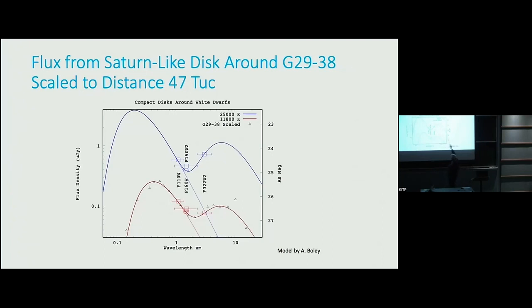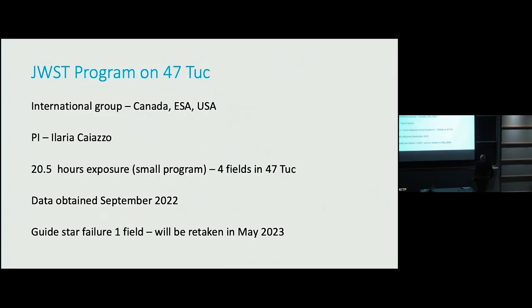And for a similar white dwarf of temperature 25,000 degrees K, you can see that the excess above the black body here is fully 2 magnitudes. So this is hopefully low-lying fruit, but we will see. So here's the program which we